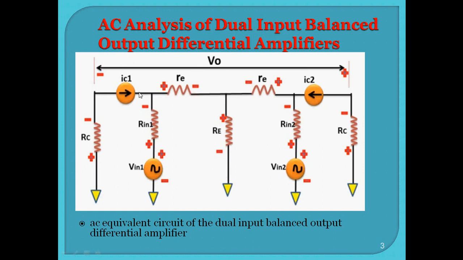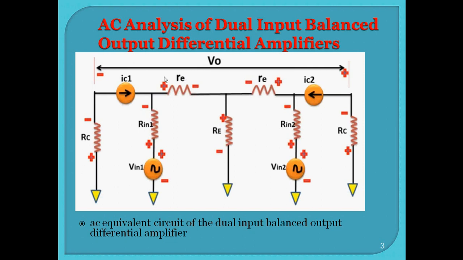So the small signal T equivalent circuit has collector, emitter and base for the first transistor Q1, and this is the T equivalent for the second transistor, B2 base, C2 collector and emitter E2. This is nothing but the terminal where both the emitters E1 and E2 are connected. This small resistance re is the internal emitter resistance re.